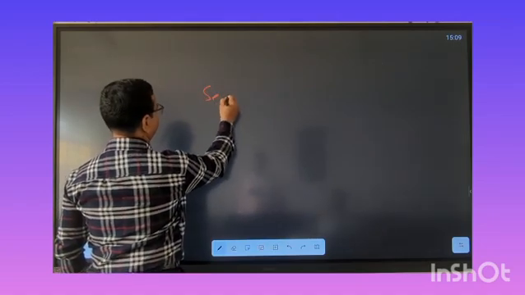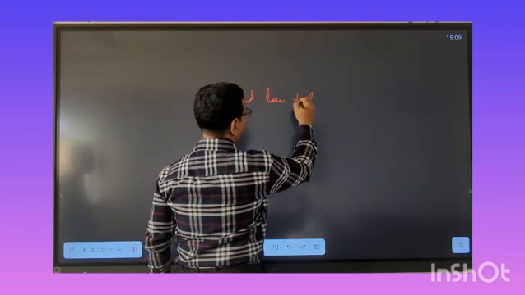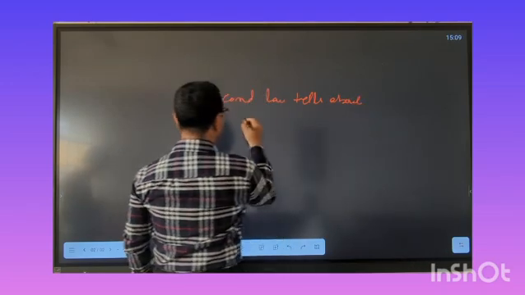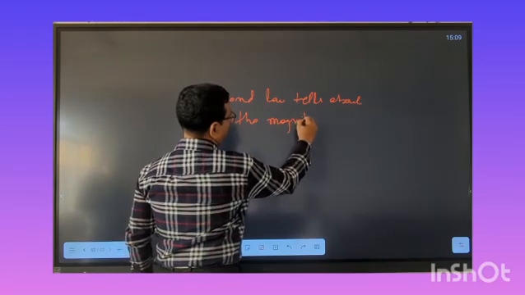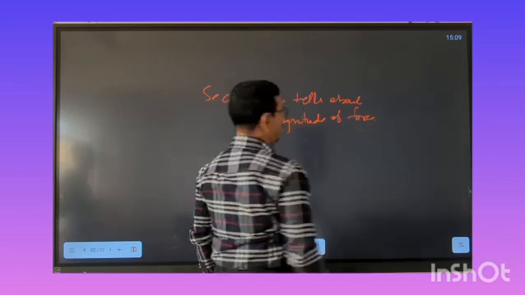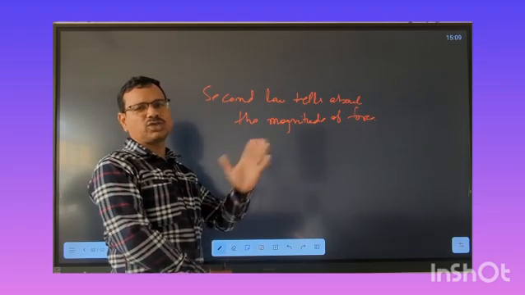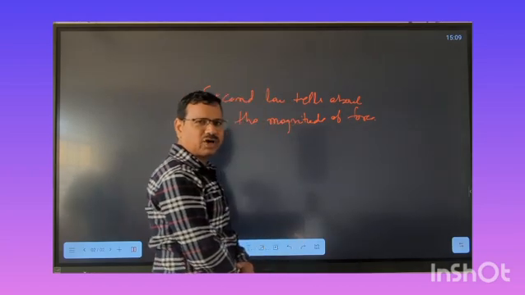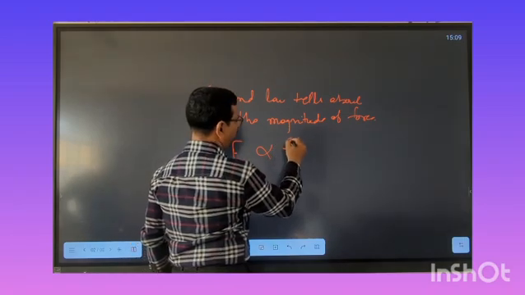The second law tells about the magnitude of force. Considering the momentum case, the conclusion of the second law is F equals ma, or the applied force on a system is directly proportional to the change in momentum